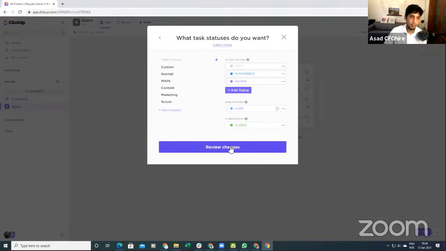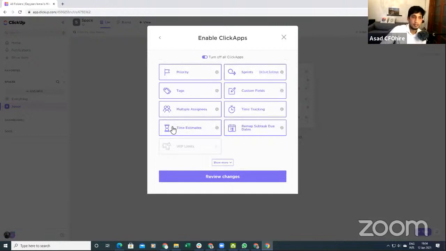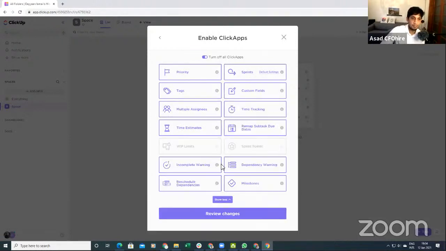So we're going to say review the change. Then comes a thing called ClickApps. And ClickApps allows you, and this is where the power of ClickUp comes in, it allows you to decide what you'd want